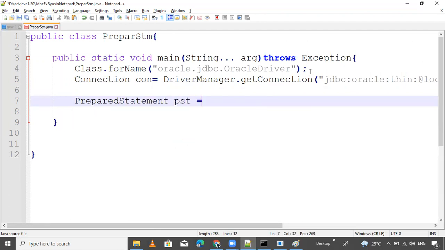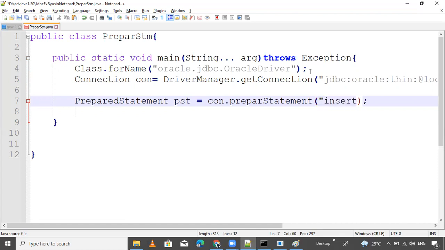PreparedStatement pst equals con dot prepareStatement. Here is our method, prepareStatement. Okay. So now here you can pass the query. What is that query?